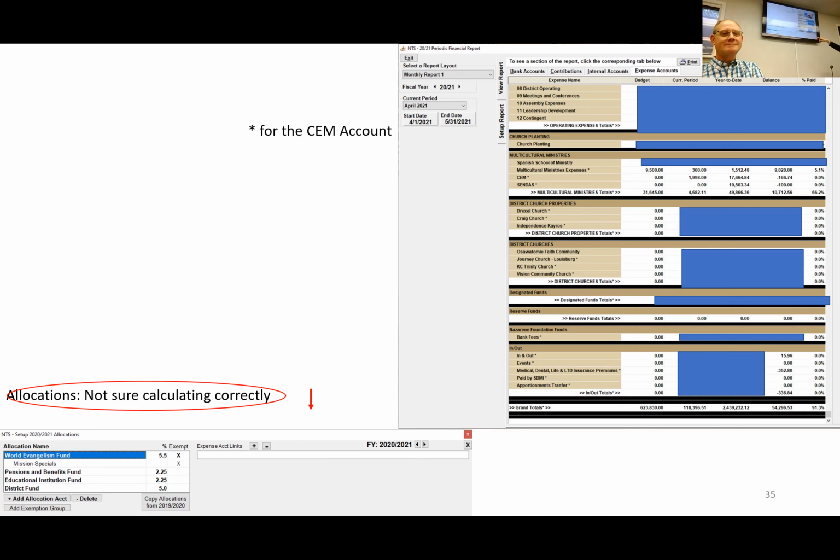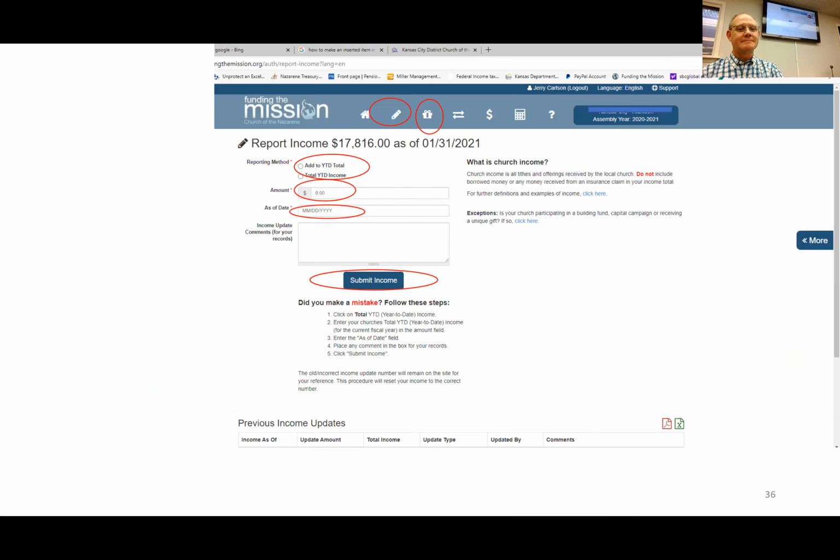Another reason, if you go to the next slide, I wanted to tell you we just started this month allowing you to go into Funding the Mission, the general church fund account. You can go in and actually pay all your allocations through that process, if you do not want to fill out the spreadsheet and send the check to me. It is up to you if it's easy for you. And I'll even show you, you see the little pencil up there? You click that and it brings you to the screen. You just put